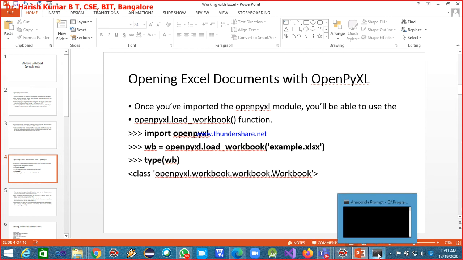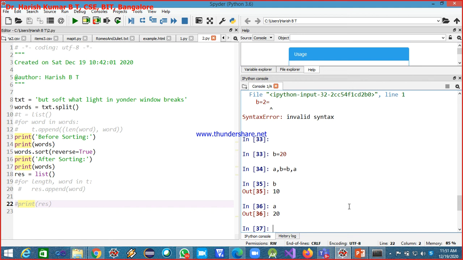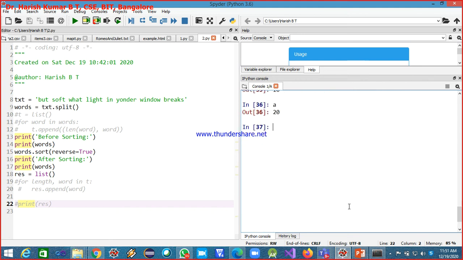I have already installed it, so I don't go for installing it again. I'll just show you here. I'll just go for importing directly. Import openpyxl.